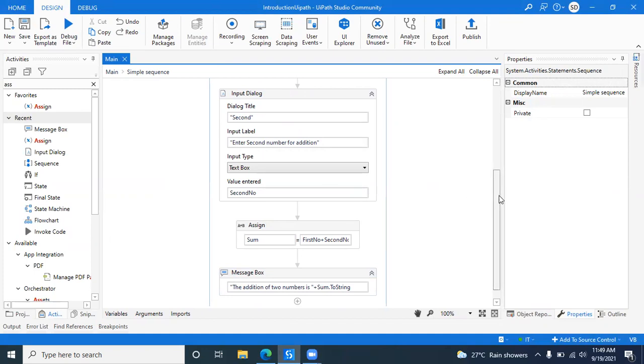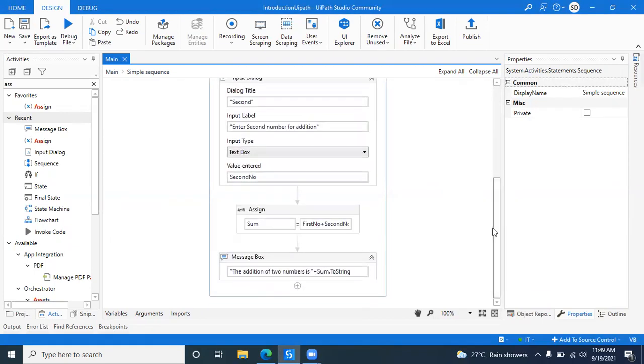Sir, is it mandatory to write the plus sum dot ToString? Let me explain. Here you are combining two different things, a string plus a variable. Whenever you are combining two different things, you have to put that plus.